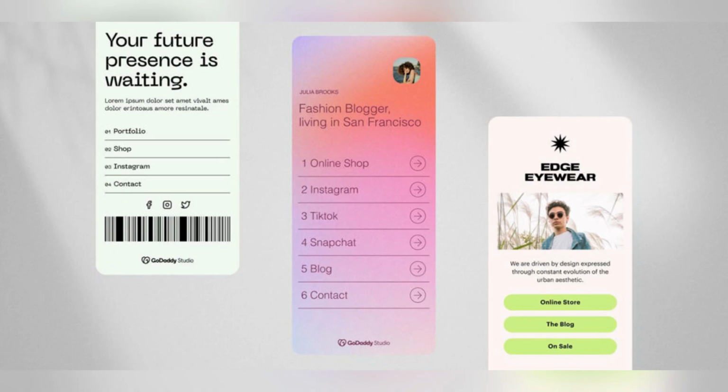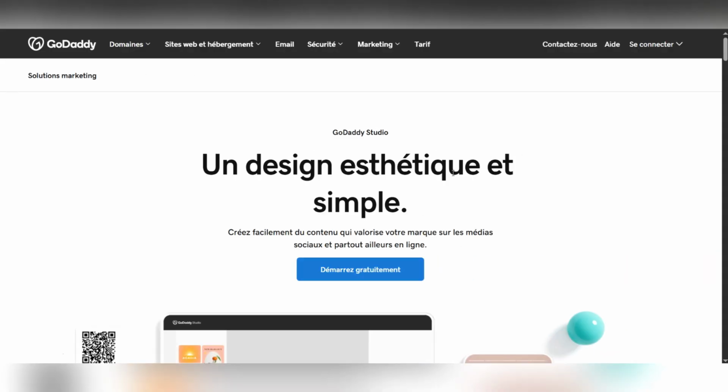Just tap download or export, save as a PNG, or share directly to social media or save to your phone's gallery. And that's it,